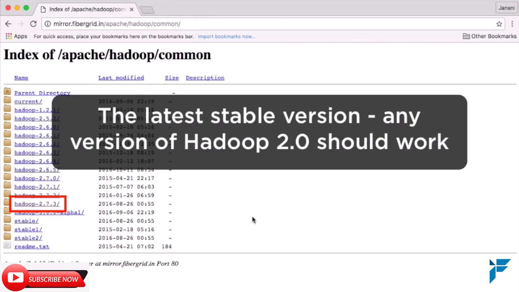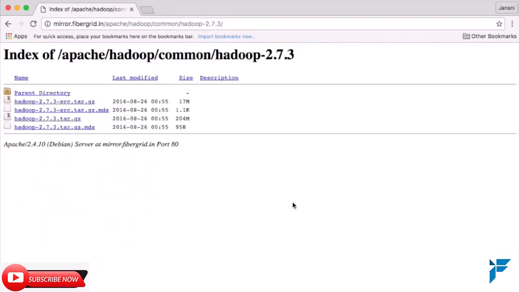Any version of Hadoop 2 should work though. It's when you go to Hadoop 1 that things are really very different. There's no yarn, for example. Click on the